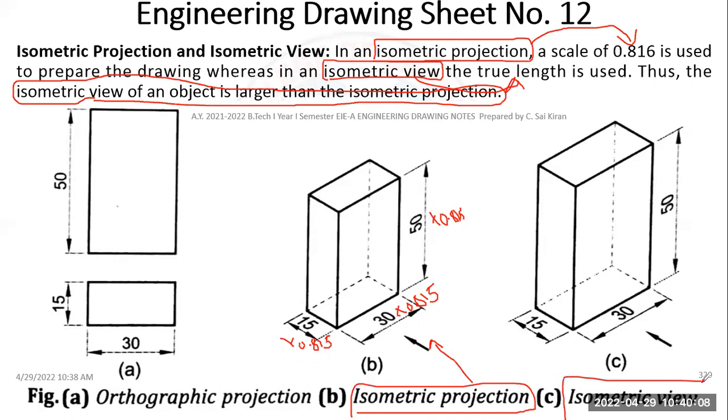Whenever it is an isometric view, no need of reducing any length, just take an angle of 30 degrees and take the true lengths 30, 15 and 50. For isometric projection, take an angle of 30 degrees, then 30 multiplied by 0.815, 50 multiplied by 0.815, 15 multiplied by 0.815. Isometric projection has lesser dimensions compared to isometric view. In the problem they will be asking either isometric projection or isometric view, so you have to look before starting the problem. Compulsorily check whether they are asking for isometric view or isometric